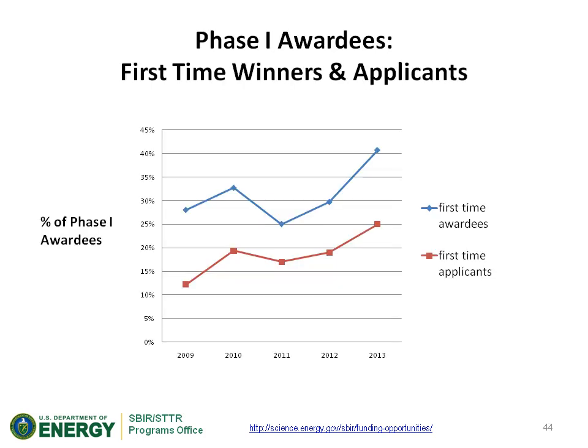One of the other things I wanted to point out is that we often get the question, hey, I never applied before, not familiar with this. I hear that companies that are very familiar are the ones who are very successful. And here we just wanted to show the line in red is the percentage of our phase 1 awardees who are first-time applicants. In other words, they've never applied to the DOE SBIR program. And we're happy to see this number has been growing in recent years. So for example, last year 25% of our applicants were first-time applicants. I hope that number is encouraging to you if you are a first-time applicant.